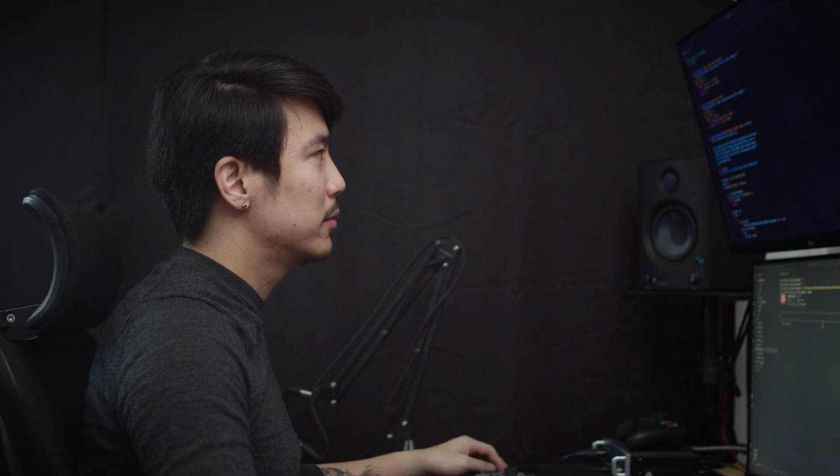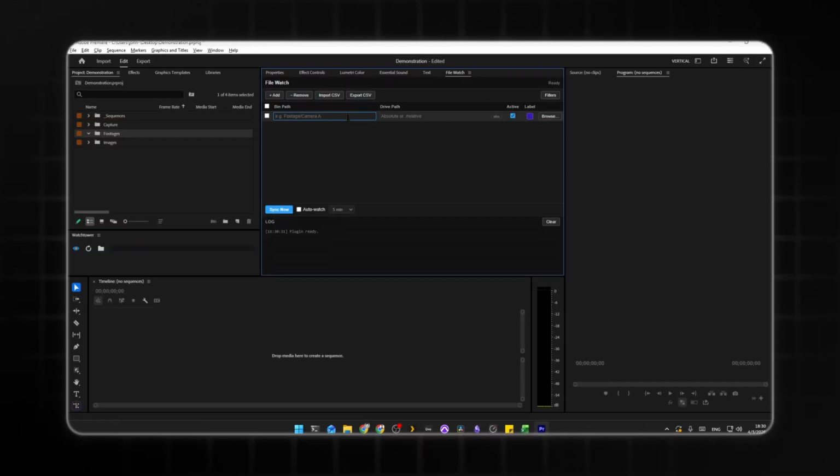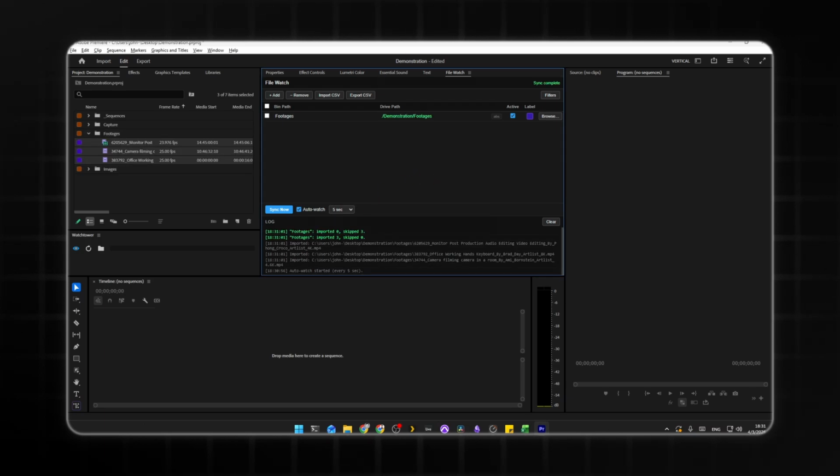But what got me concerned is that if I'm relying on tools written by others, I cannot fix it whenever I see a problem. So I decided to create this file watch tool for Premiere. And what it does is exactly like Watchtower. I can assign a certain folder to watch and assign a destination to import. When it sees a new file, it will automatically import it into the Premiere project. It works across Windows and Mac, and if there's a problem, I can always fix it with Claude Code.